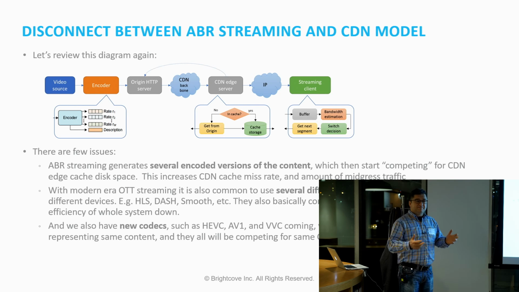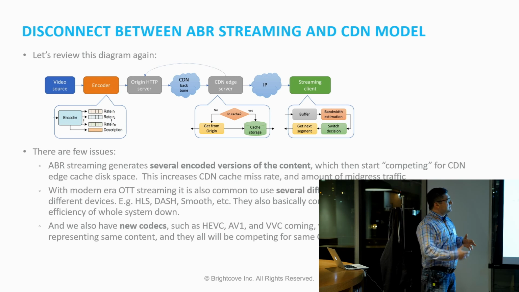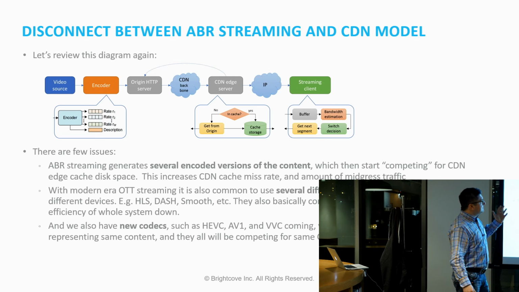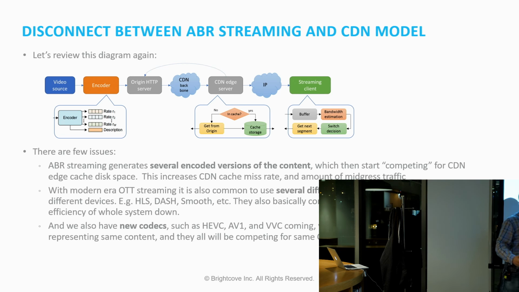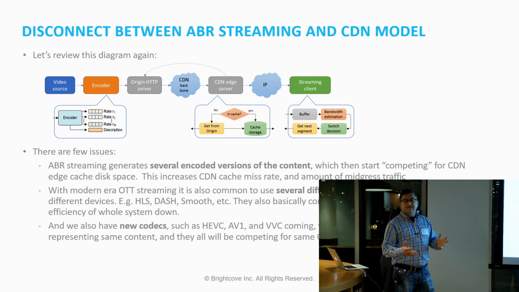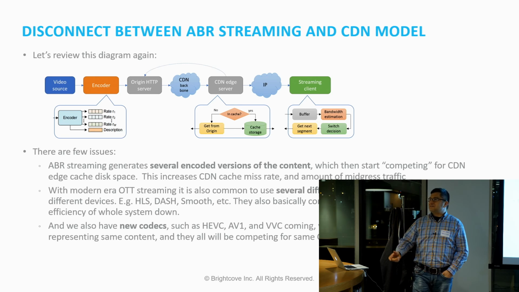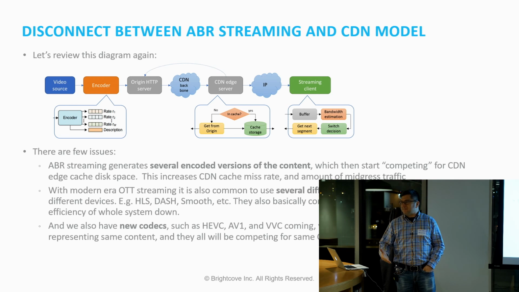Sometimes you still need to do progressive, but that's a whole separate story. And again, that creates an extra space of different formats that are hitting the CDN cache and basically killing the performance of the system. And the last thing is that things are actually getting only merrier with new codecs. Because MPEG is saying, hey, we have HEVC that is more efficient, please deploy it. Then the Alliance for Open Media is saying this is AV1, please deploy it. Well, the reality is you cannot deploy a new codec in a way such that you disconnect and terminate all streams that existed with the old codec.